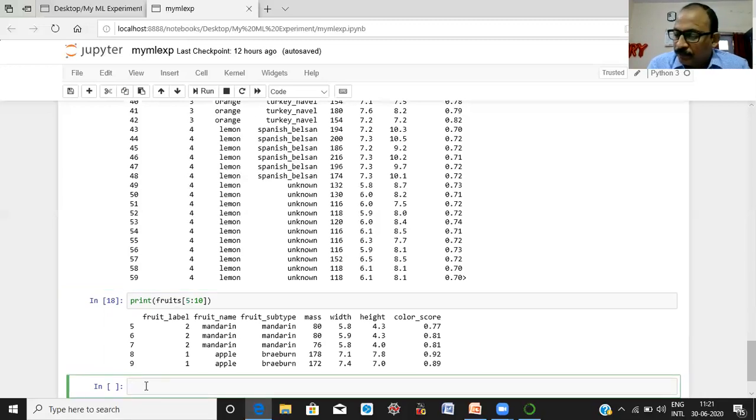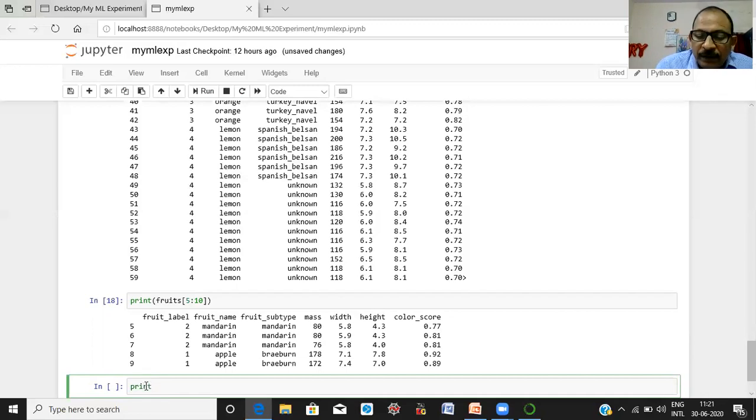Next, suppose you are interested to know the names of the columns, or variable names, or attributes of your data set. How will you look at it?